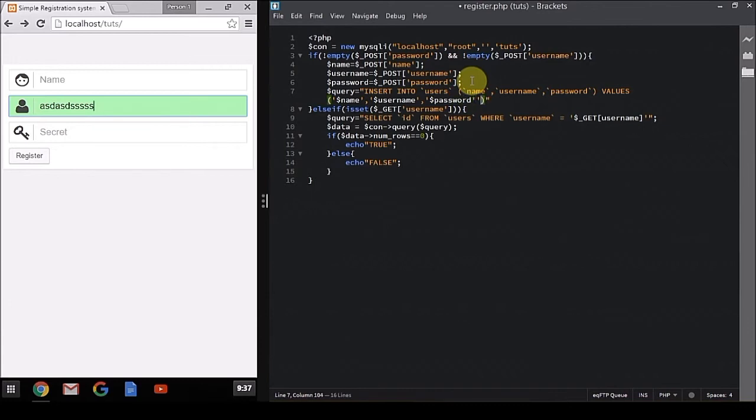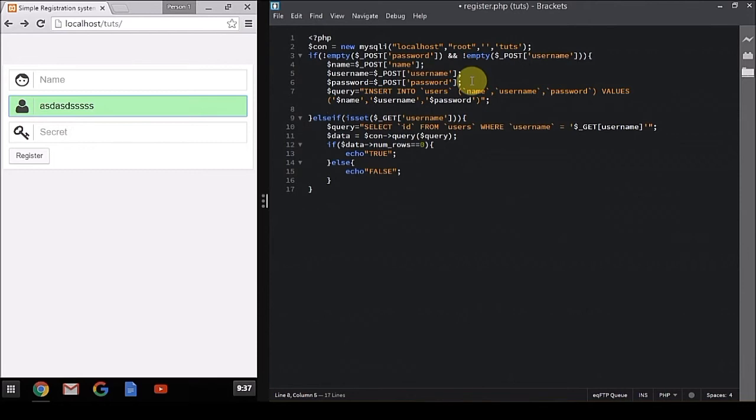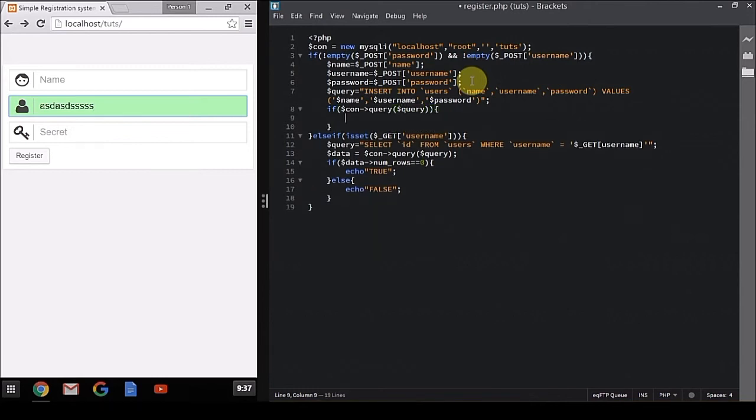Now let's execute the query. We are adding an if for the conditional, so that if the entry is totally inserted in the database, we're gonna get a true or false for the user output. If query $query successful, then we're gonna echo